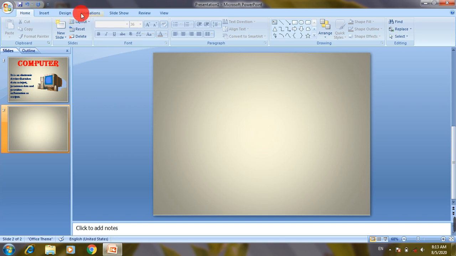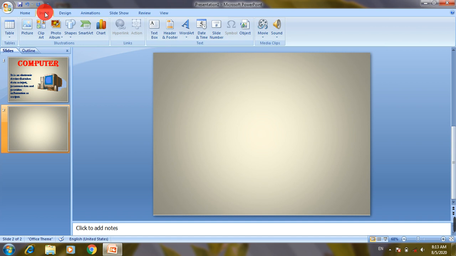So as I have told earlier that we can insert pictures in two ways. For this, go to Insert tab and you can see here two options, picture and clip art. So here first option, picture, you should use when you have to take a picture file present in your computer.